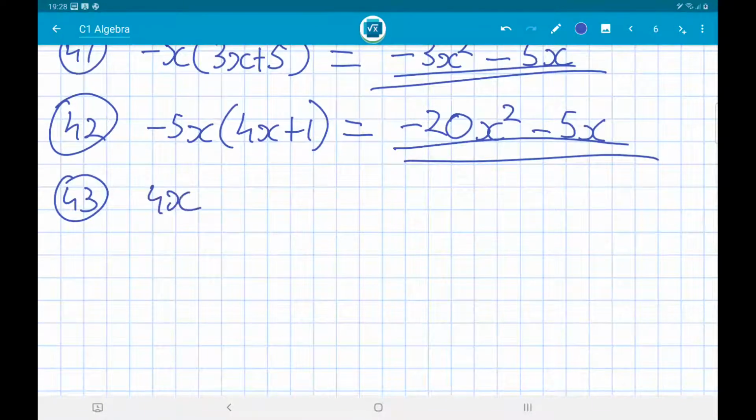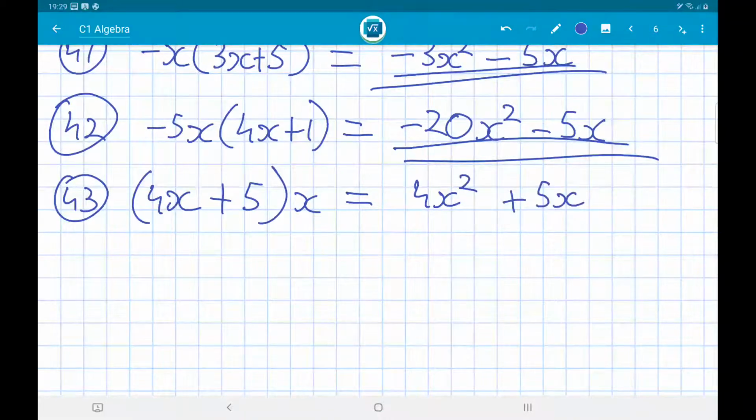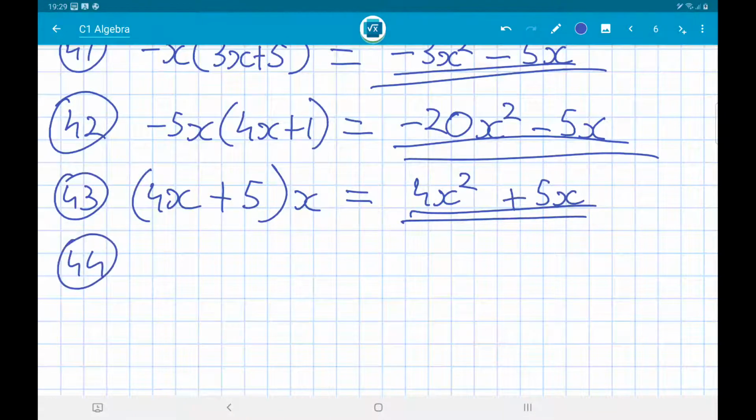4x. The reason I felt like erasing that is because I want to make sure that this sequence remains the same for somebody else who decides to do these questions or watch this later on while referring to the book, of course. 4x squared plus 5x. That's that. And you get 44, moving on, minus 3y,